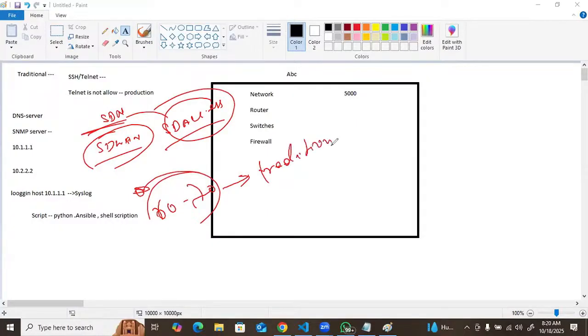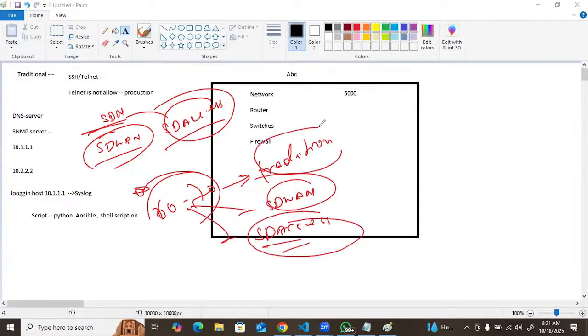Because if you are going to migrate your network into SD-WAN or SD access, obviously the cost is going to be involved, right? So most of the companies are still using the traditional network. So how can we automate their network? Using the automation. You got it?